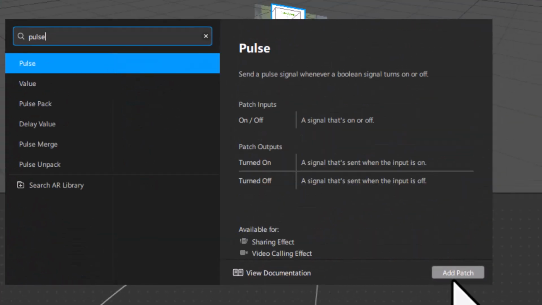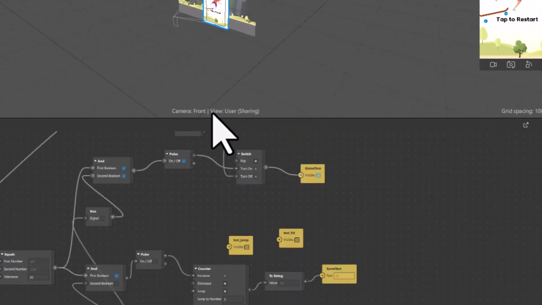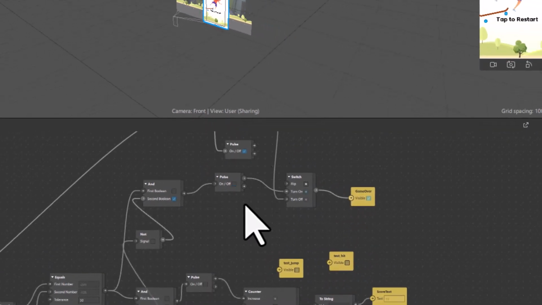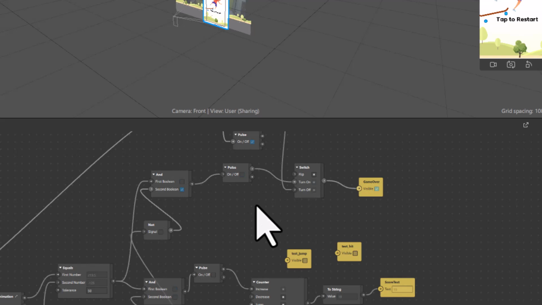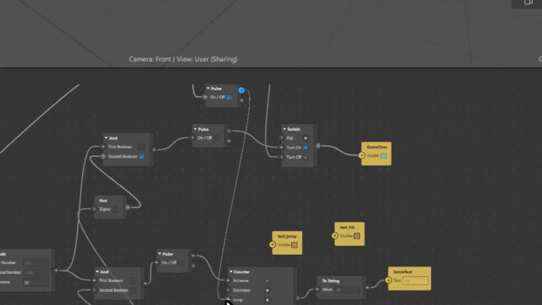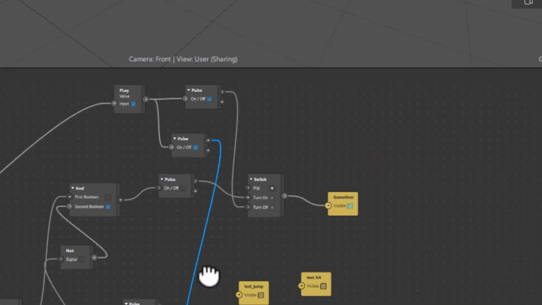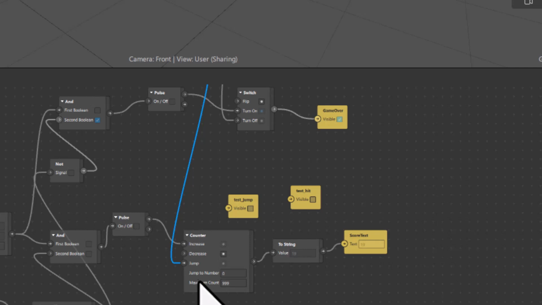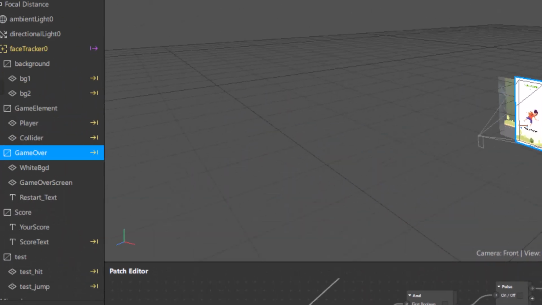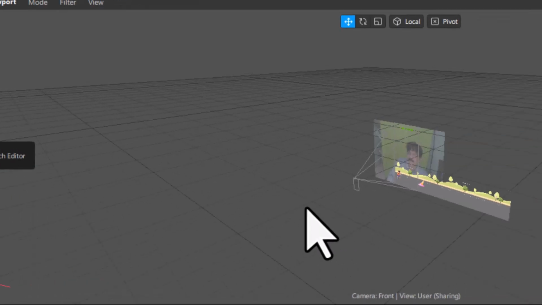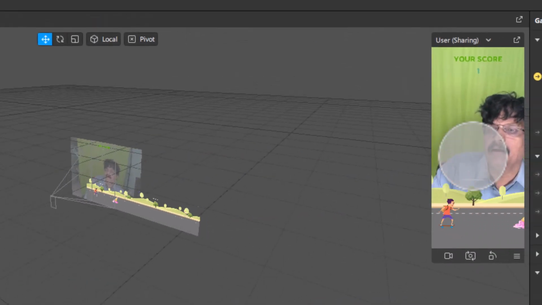Adding the pulse, I will take this pulse output from here and connect it to jump here. So when I connect it to jump, I have set the jump number to 0. Okay, so now I will reset the game, and then when I start the game and he is running,